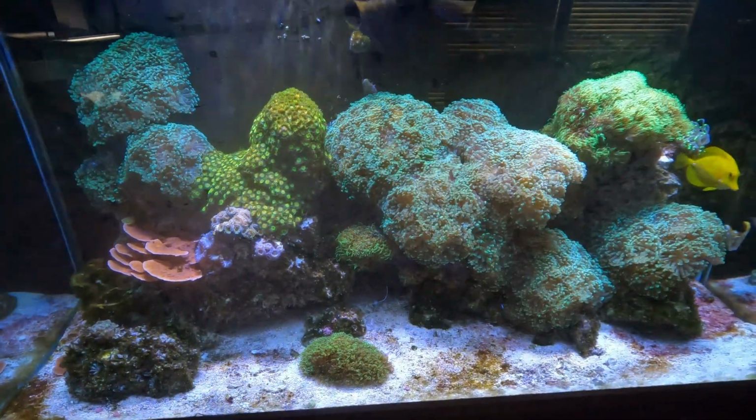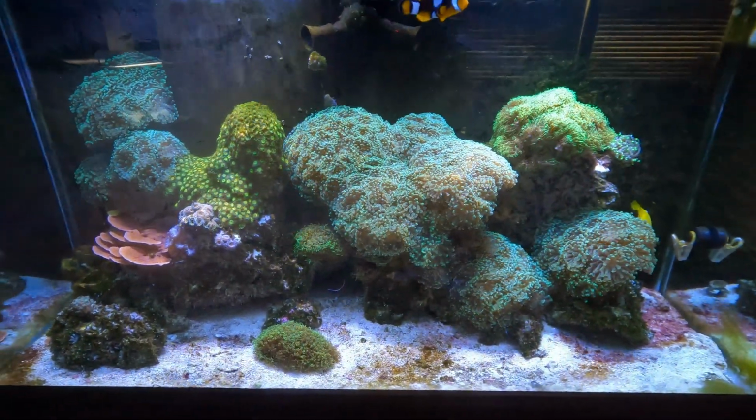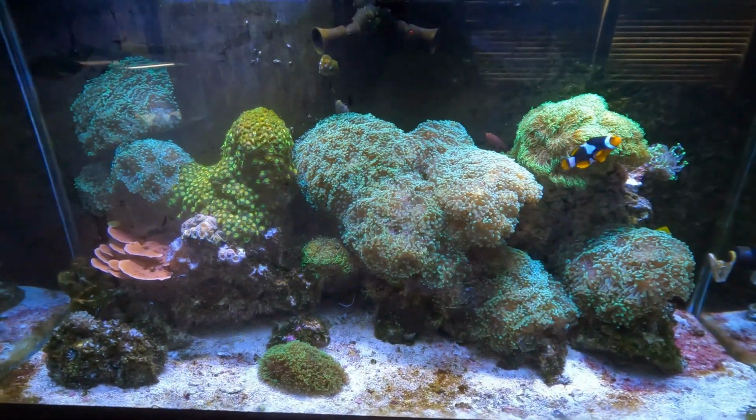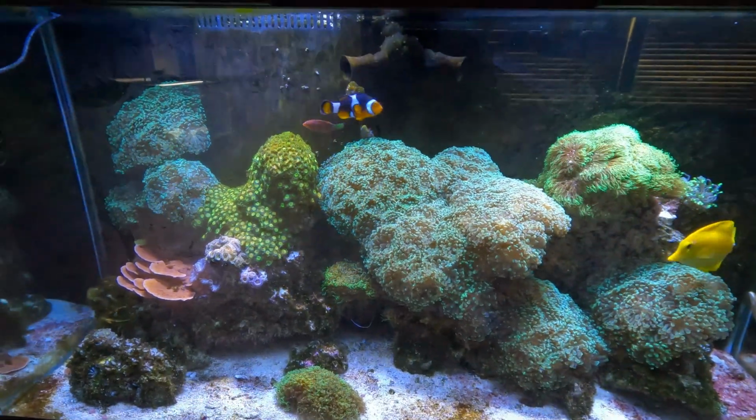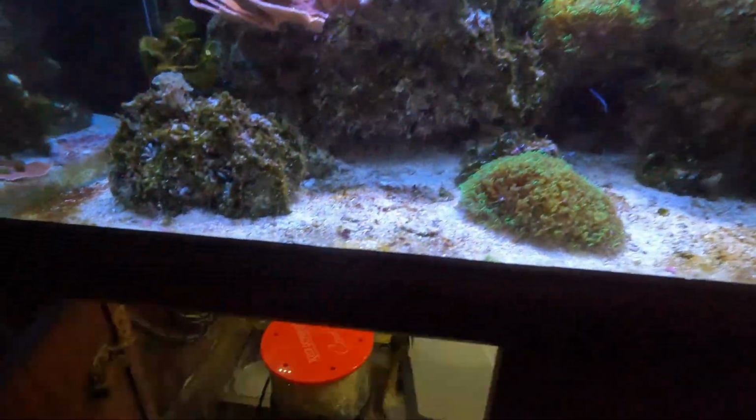But there's just really not much to say about this other than new critters that I got, because it's doing great. I'm not really doing anything with it. I did have to